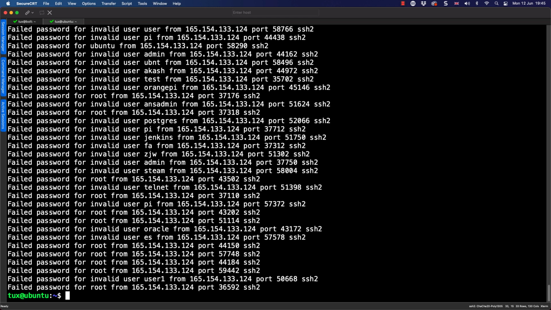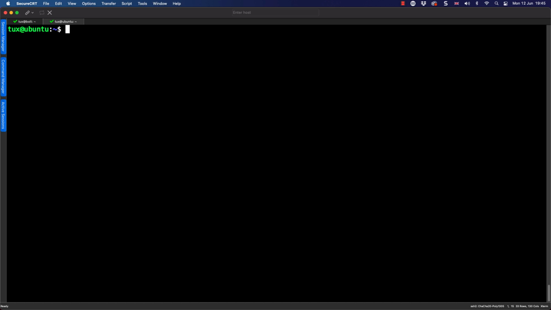But of course, we actually want those IP addresses. Depending on the actual message, the field is going to vary, whether it's an invalid user or a proper username where we just got the password wrong. But rather than having to work with a field number, we can search for just the IP address. And that's where our regular expression engine is going to come in.